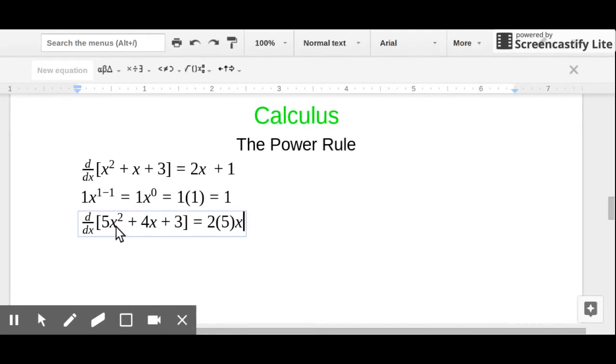What do we do here? We subtract 1 from the exponent, and that just becomes 1, but we're not going to write it. Plus, now, once again, you take the 1, bring it out front. 1 times 4 is 4. And then, of course, remember, just like we did here, this would be x to the 0. See, so we'd just be left with 4. And the derivative of a constant is 0. But we're not going to leave it like that. It's 10x plus 4.